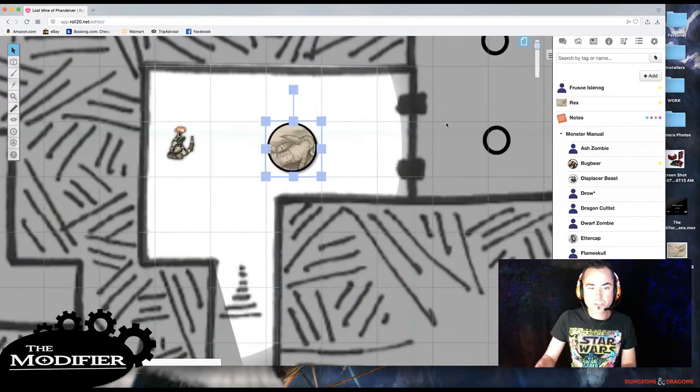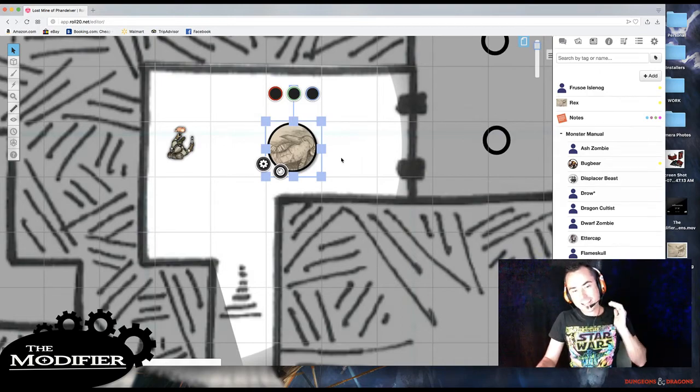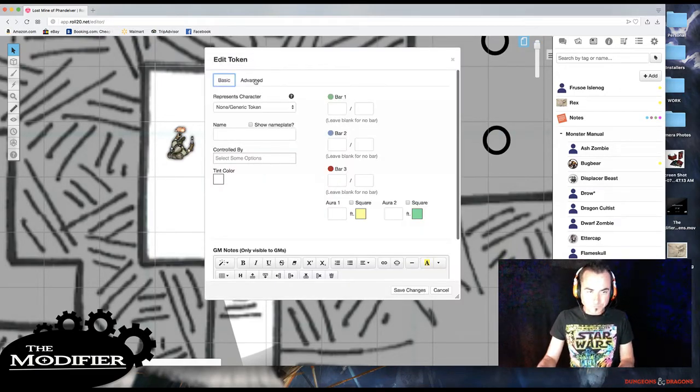I'm going to zoom in a little bit so you guys can see what I'm doing. So there's my new Rex token. And now I've got to get all the information that I want to show up on my token to actually be here in these circles, and to be there when I'm switching from map to map or from encounter to encounter. So I'm going to go ahead and click on this little gear, and down here under this basic tab